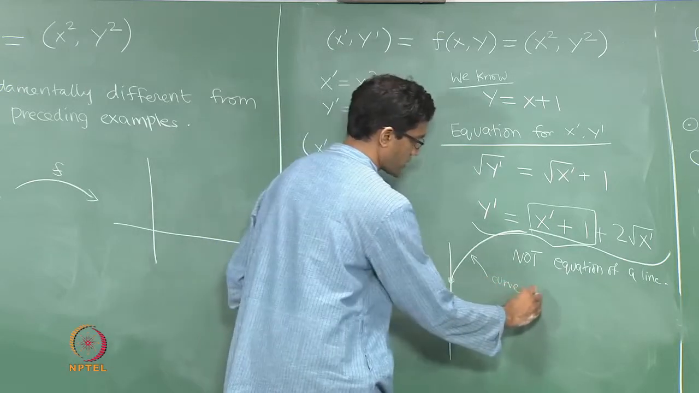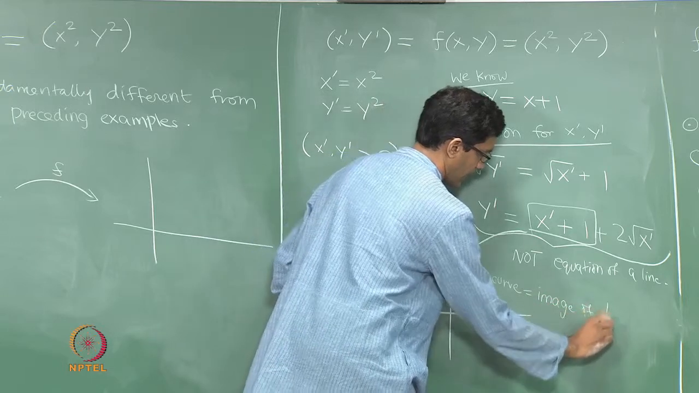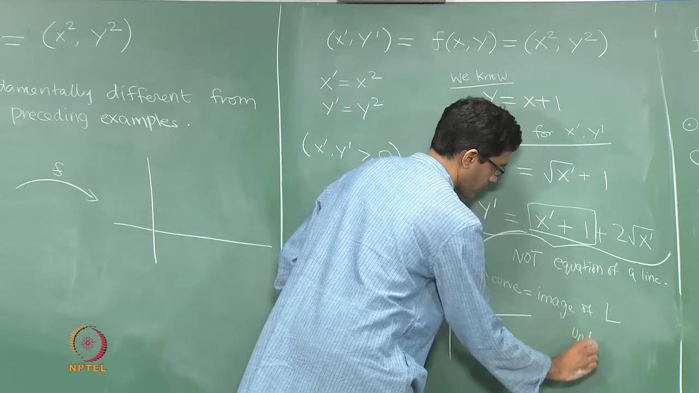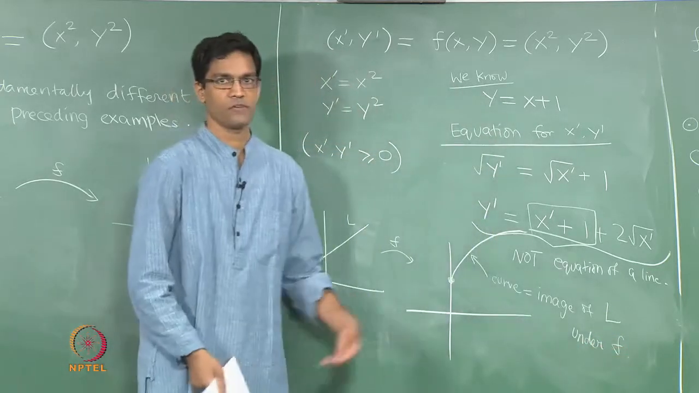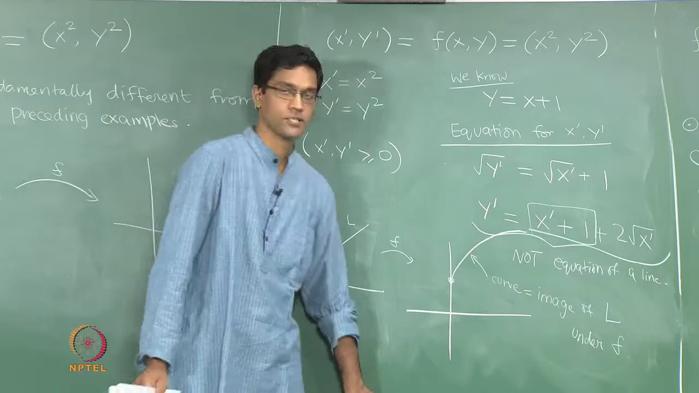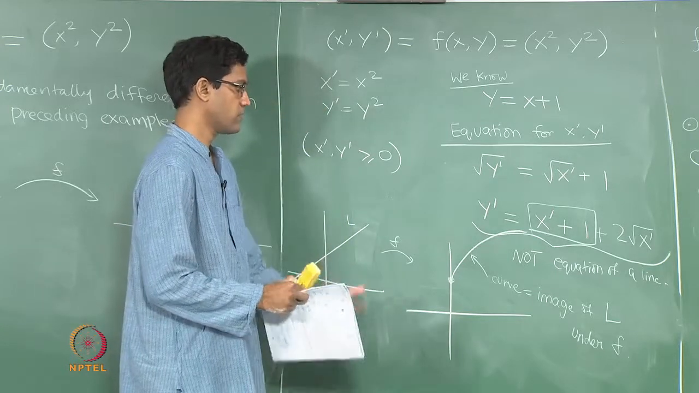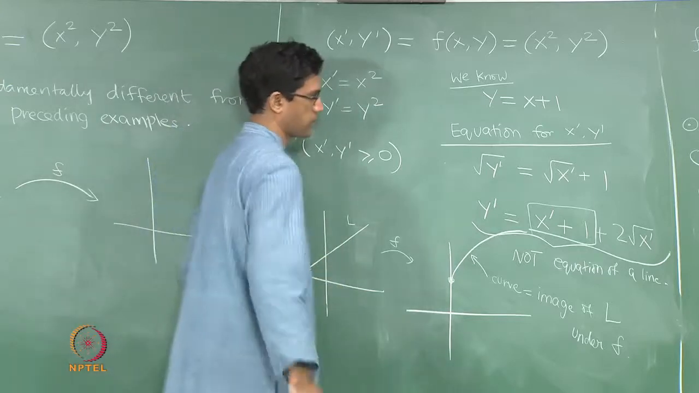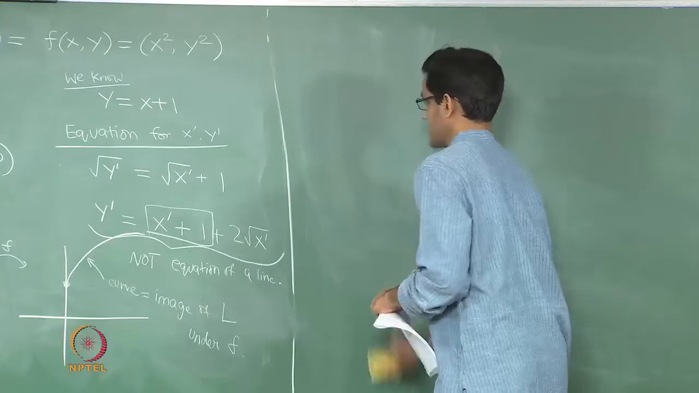Okay. This curve is the image of the line L under this map F. So, the very first point here is that it does not map lines to lines. That is already a very fundamental difference, which means it actually makes life somewhat harder for us, because you